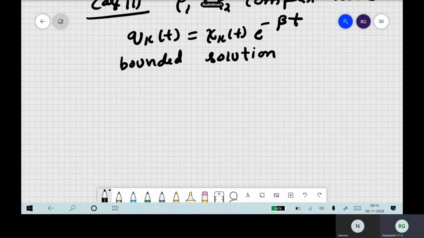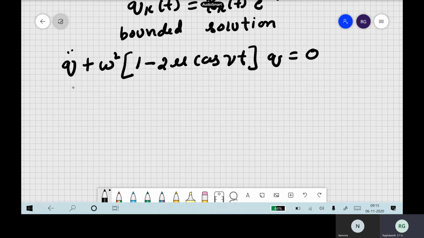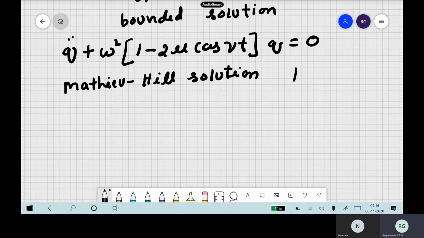Now let us look at the solutions of the Mathieu Hill equation itself. So q double dot plus omega square, 1 minus 2 nu cos of nu t, times q is equal to 0. This is the Mathieu Hill equation itself. Now let us look at the solutions. Previously we looked at the solution assuming phi as plus h minus h like that. Now, if it is a periodic force,